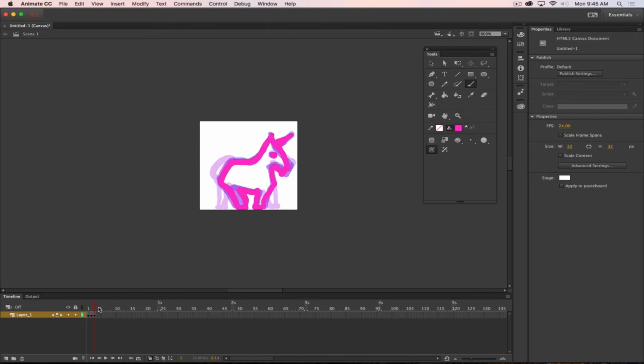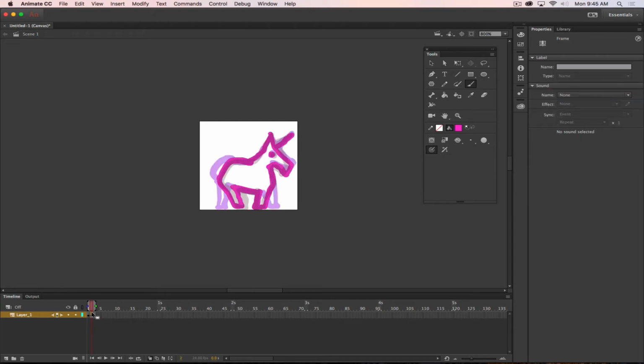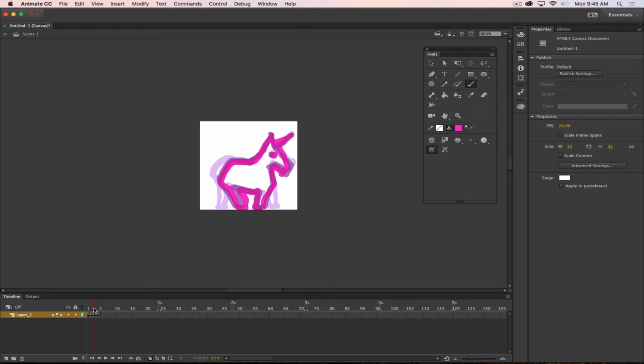Now I'm grabbing the playback head and just dragging it back and forth. So you can see I go from frame 1, 2, 3. Now what would be nice is to turn that into a loop so that if it's going to repeat as part of it, I can option drag that frame over, and now we can see